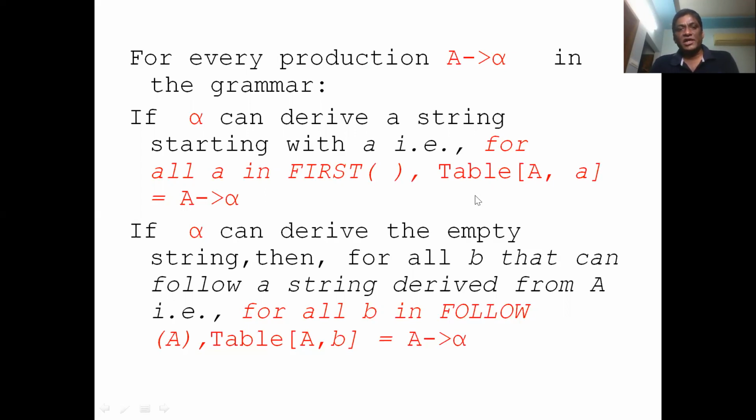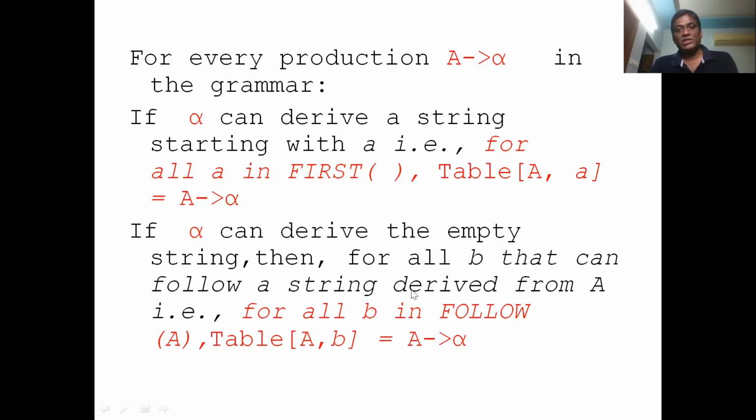Probably you don't understand it here. I'll show you in the example so that you will understand it very easily. It's not a difficult task. It's very easy. This is if the first set does not contain any epsilon. If the first set contains epsilon, then you need to perform another task also. You have to take all the terminals from the follow set and include that A implies alpha, that is epsilon. Generally it's going to be A implies epsilon in that combination of A comma b.